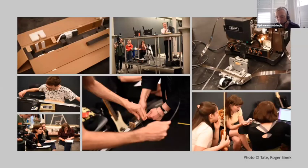So after all the preparation, the readying of the equipment and prints, the assembling of the spaces, the people, the testing, the shipping, the building, the unpacking, the tuning of instruments, the checking,